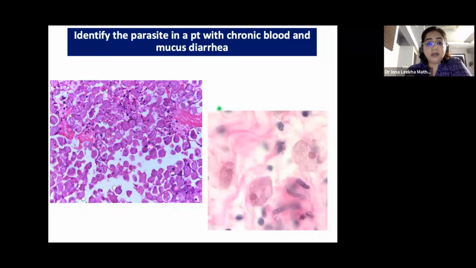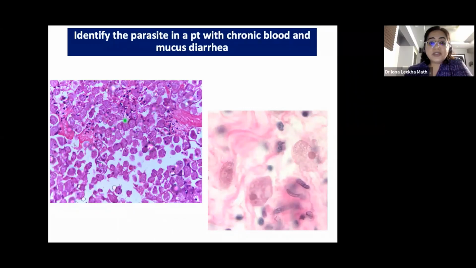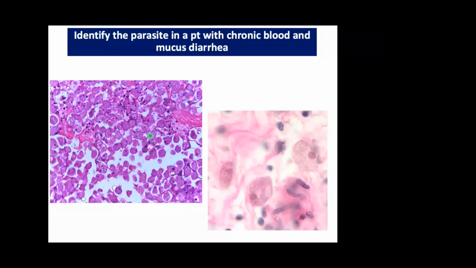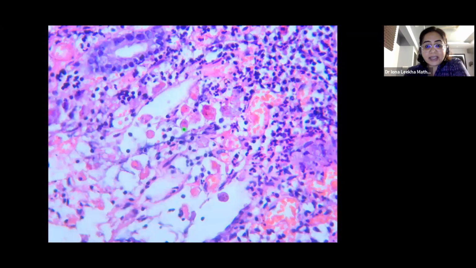This one. This is a colonoscopic biopsy. This is an amoebic colitis problem. So you see these trophozoites of... Are you sure? Yes, sir, because hemophagocytosis is there, sir. Okay, good. So these are trophozoites of Entamoeba histolytica. And here, if you see, they contain ingested RBCs.